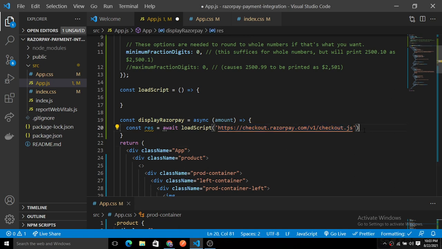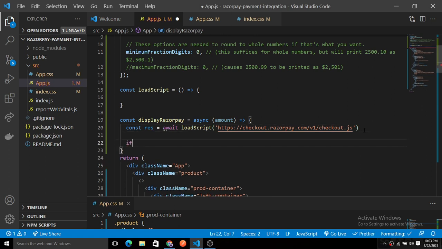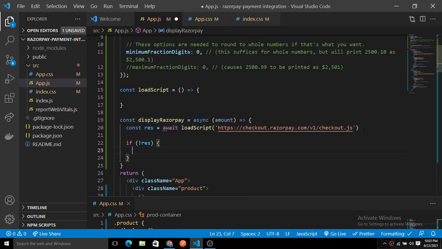Now this script we just want to load. For that we are using async await here. If we don't get any result for the response, it means that our Razorpay failed to load. So this is just for covering the edge case scenario.